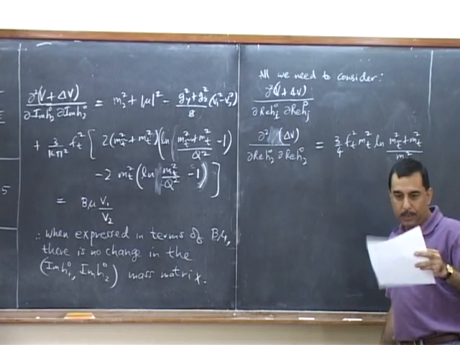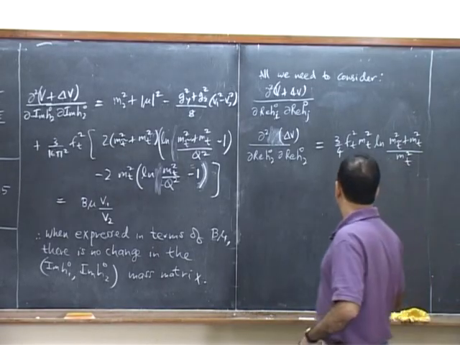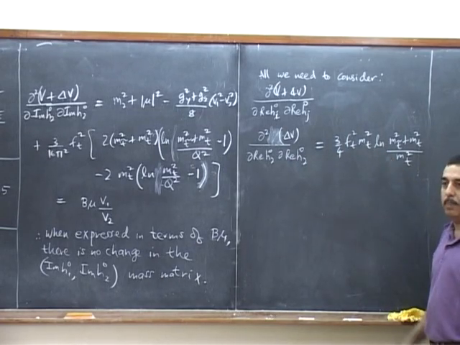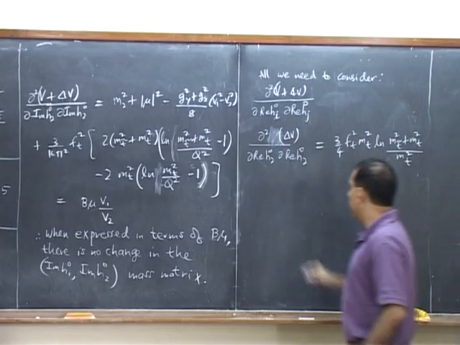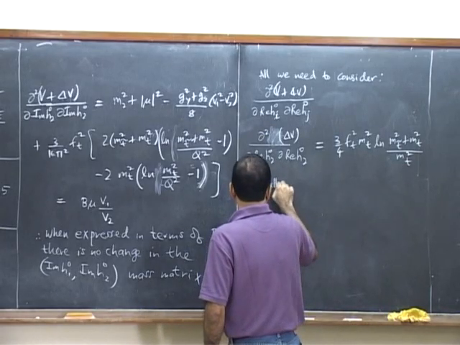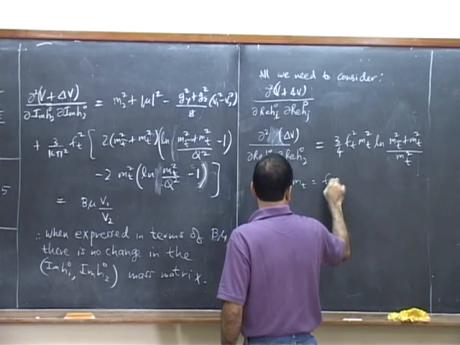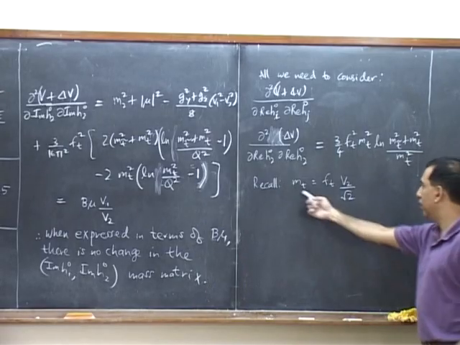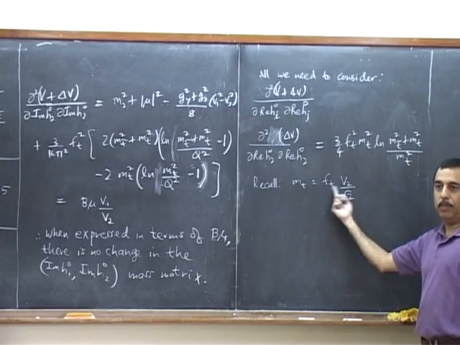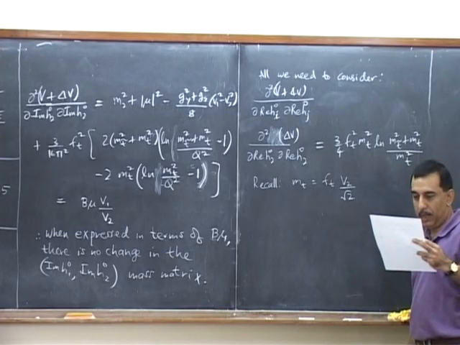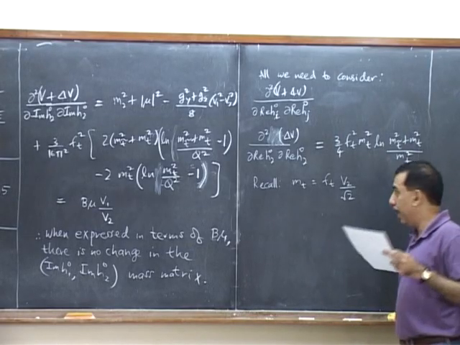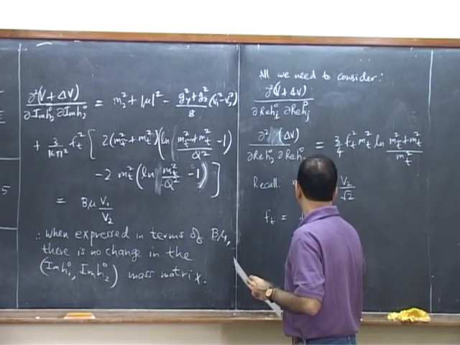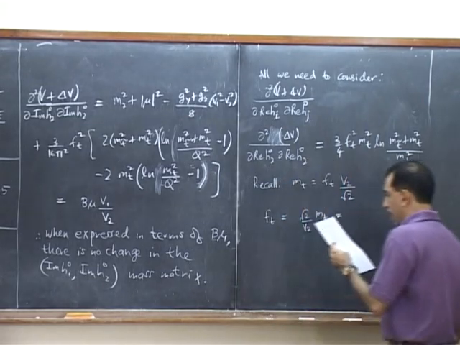Now we can massage this expression slightly using the fact that this is an important expression, by the way, so we'll keep using this. We'll just rewrite it to highlight the dependence on the angle beta. So for that, we again recall that mt is equal to ft times v2 over square root of 2, the relation between mass of the top and Yukawa of the top in terms of the Higgs wave. Now this enables us to solve for ft as root 2 by v2 mt,